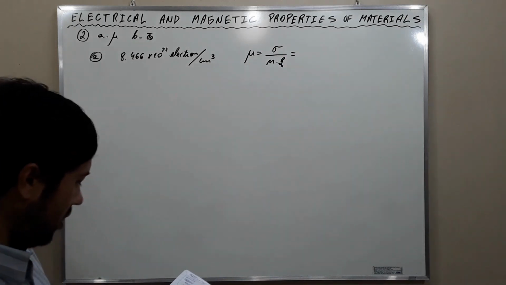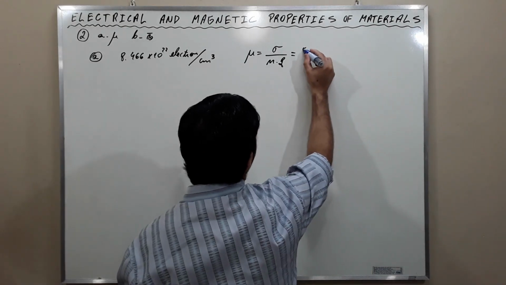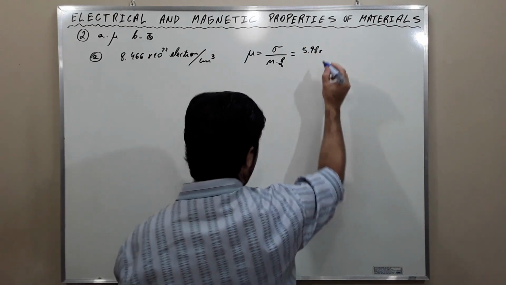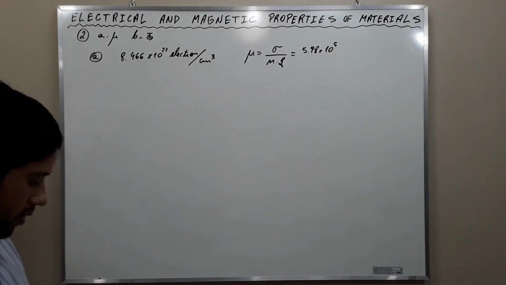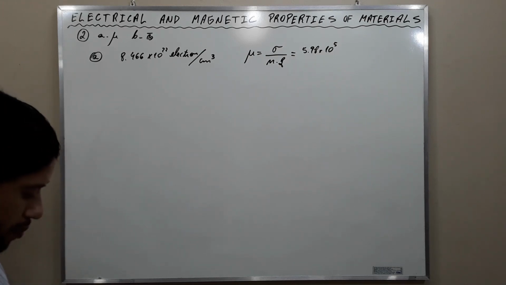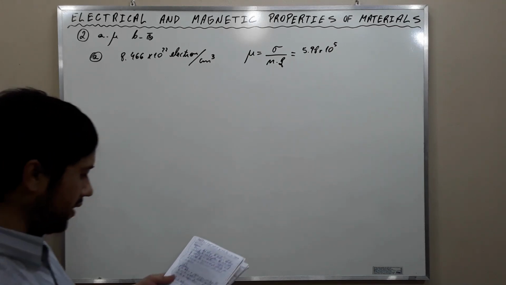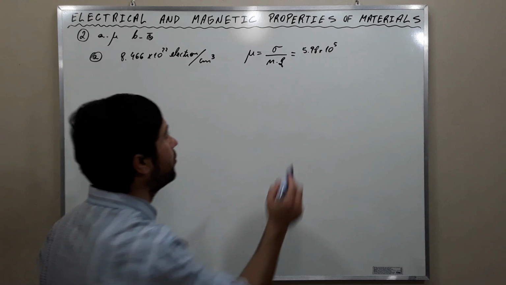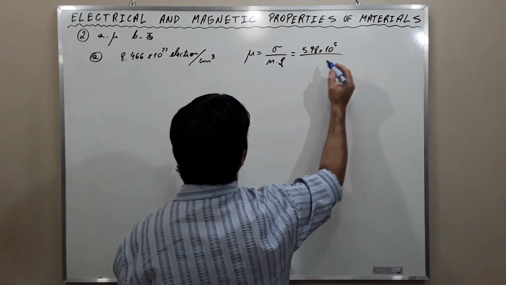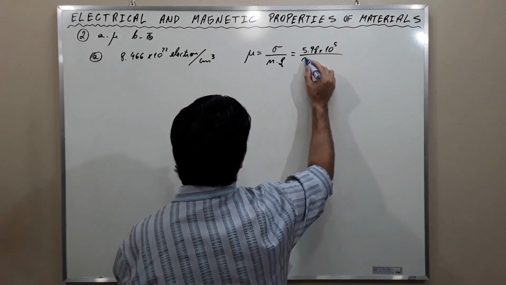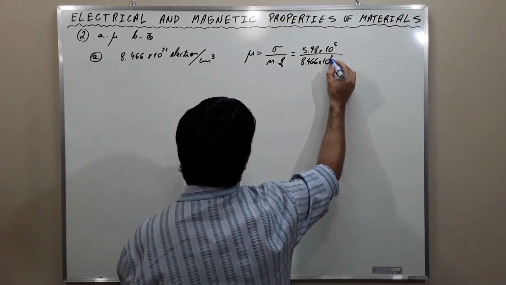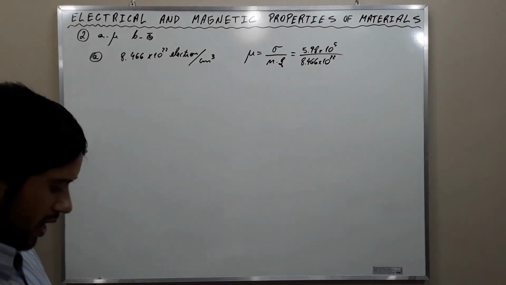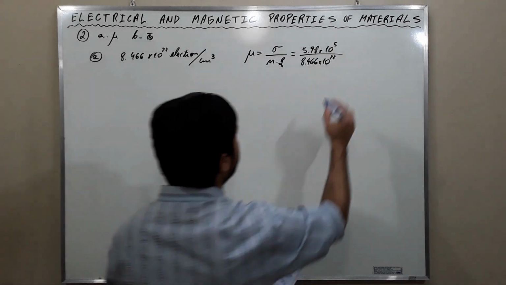And this is 5.98 times 10 to the fifth Siemens per centimeter, which is the conductivity of copper, divided by the number of electrons in the material, times the electron charge, which is